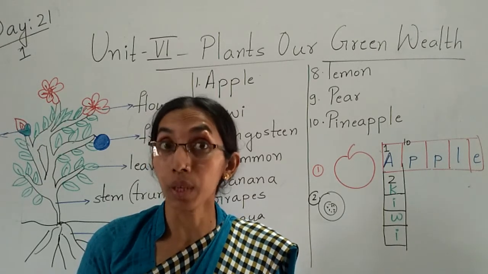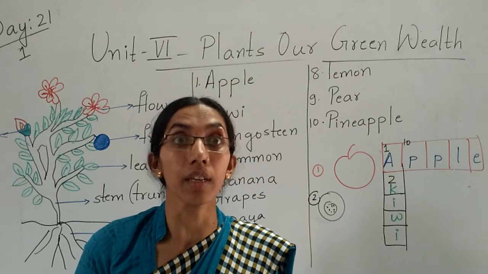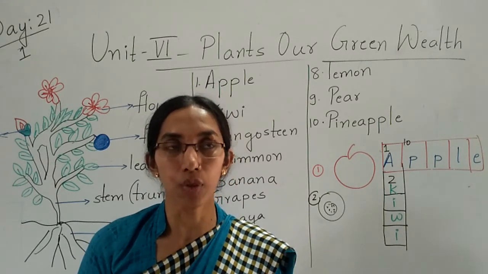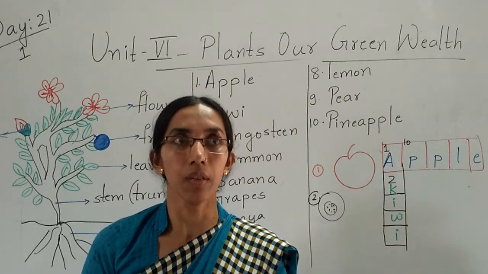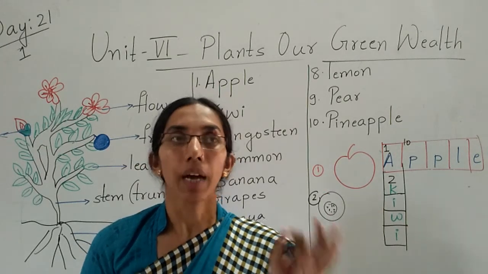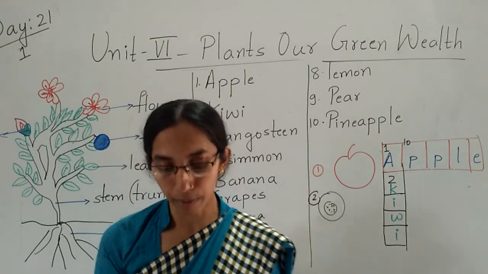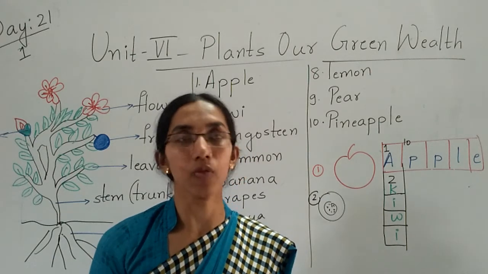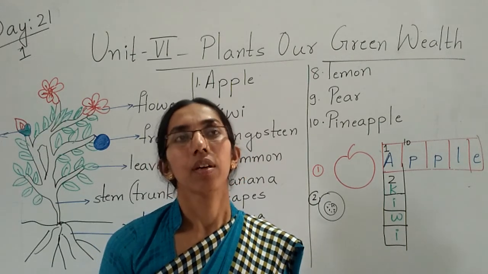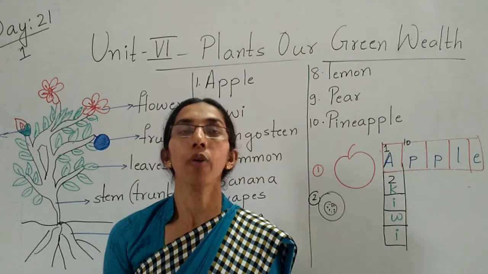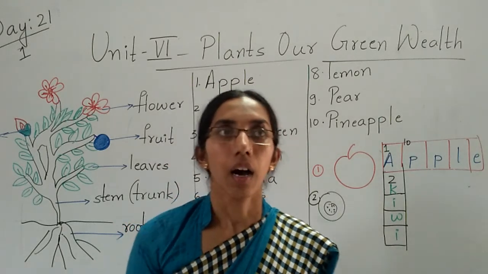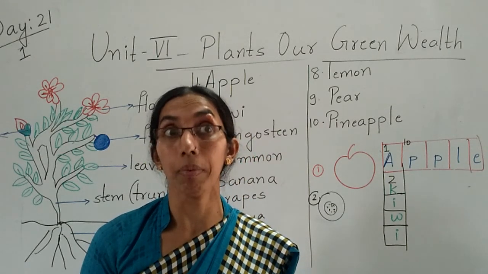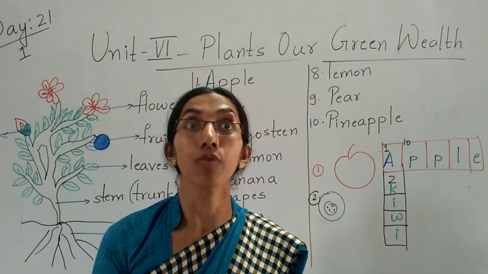Yes. So do it yourself only. Don't take the help of your parents. See the pictures. Which picture is it? Which image? Which vegetable, which fruit, and then do it yourself only. Clear, children? So I am going to send you the 3 worksheets. They are very easy 3 worksheets. So you have to do it yourself only. And after finishing, click a photocopy. Don't forget, click the photocopy and send it, because I have to keep all the records.